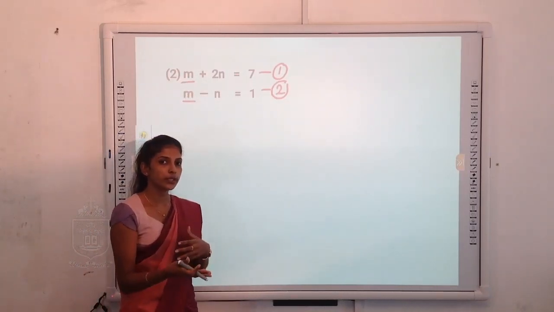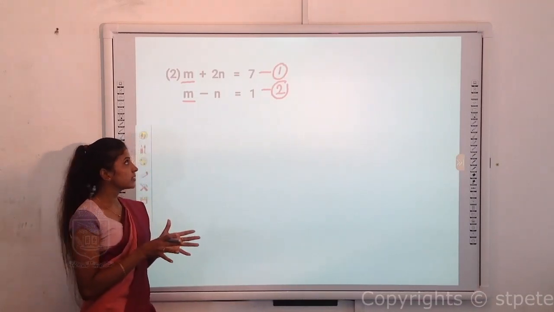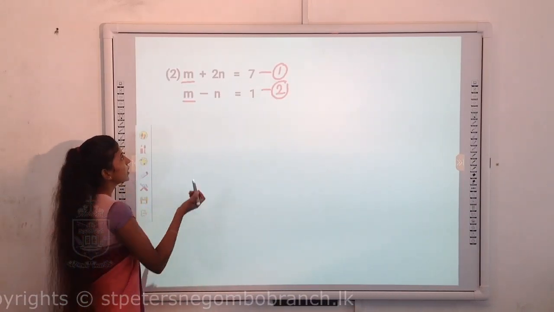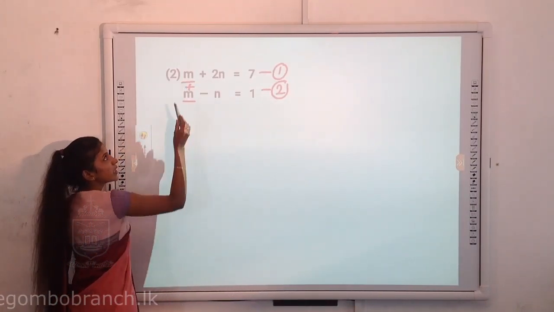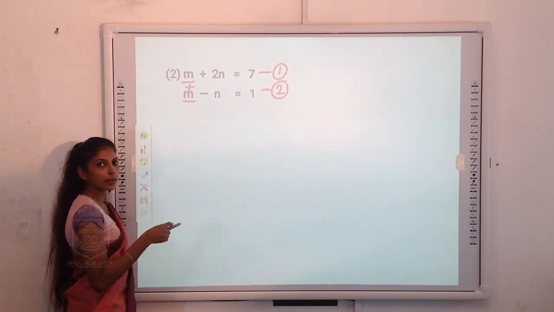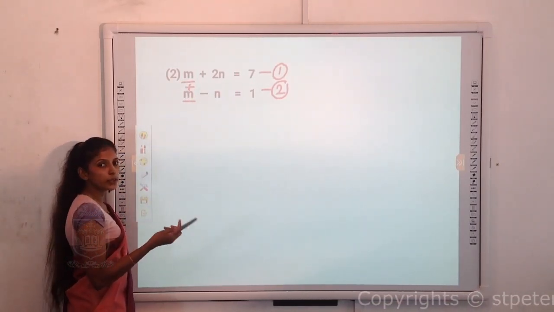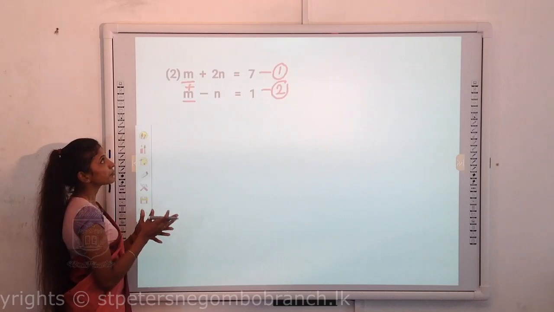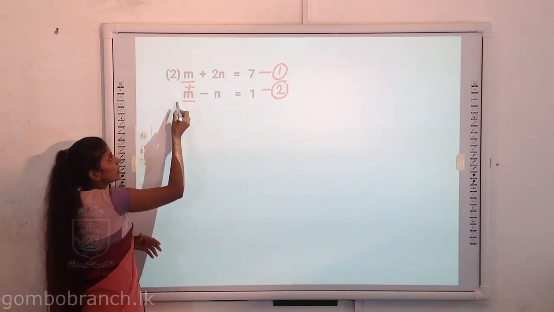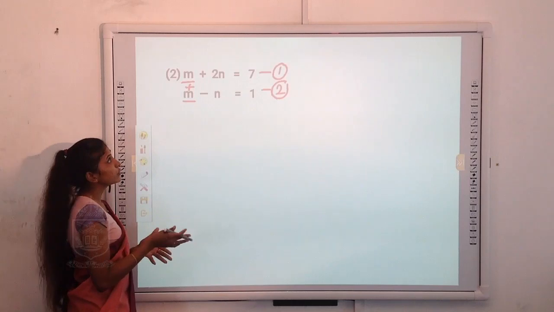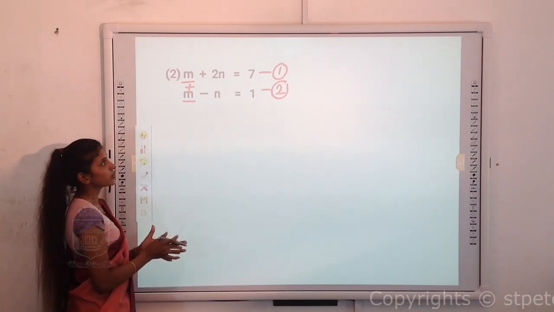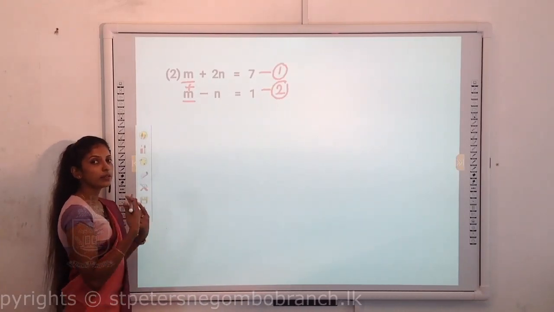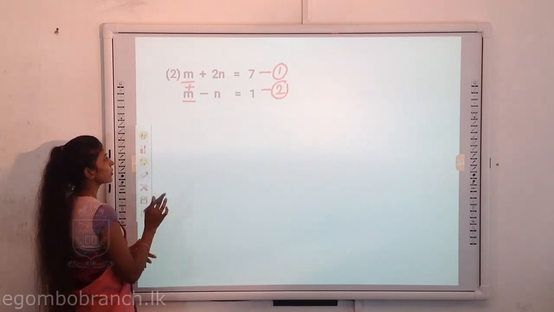Now earlier we added the two equations. Then only that term was cancelled. But here we can't add the two equations. What will happen if we add? If we add the two equations, m and m will be added and your answer will be 2m. m is not eliminated. So what you have to do is always check the sign. If both are having plus, it is for you to subtract. You have to subtract the two equations. Then only this m and m will be cancelled. If you have opposite signs, you have to add the two simultaneous equations. Okay, let's do it.